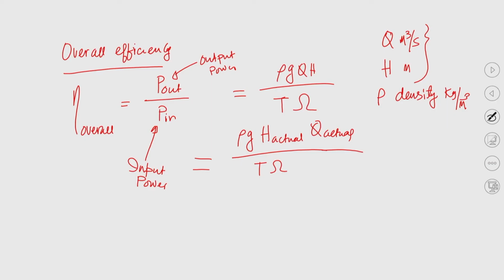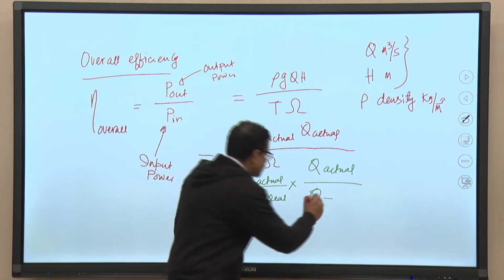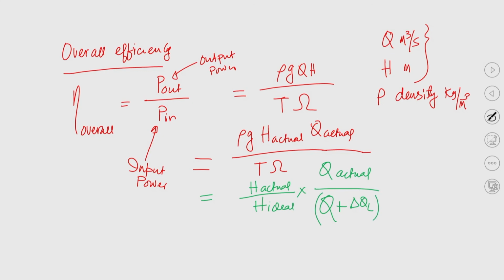Okay. So, now we can split it like this: I can write H actual by H ideal, and then Q actual divided by Q. We know Q actual; if we try to write the overall efficiency in terms of other efficiencies, then this would be Q plus delta QL, and then it should be Q plus delta QL,